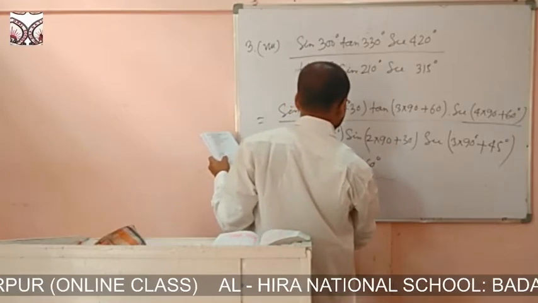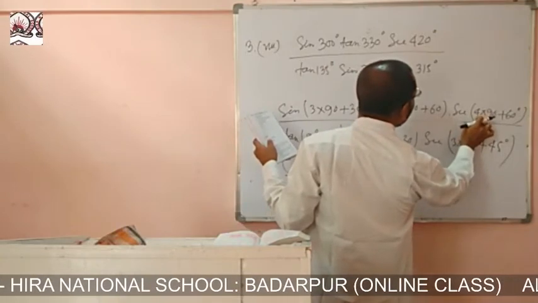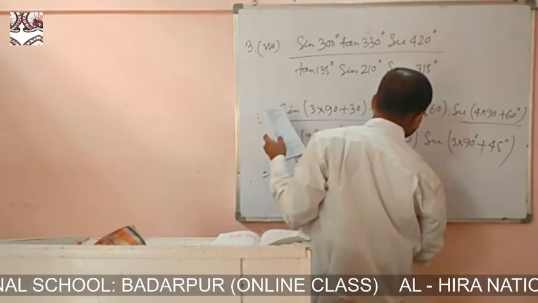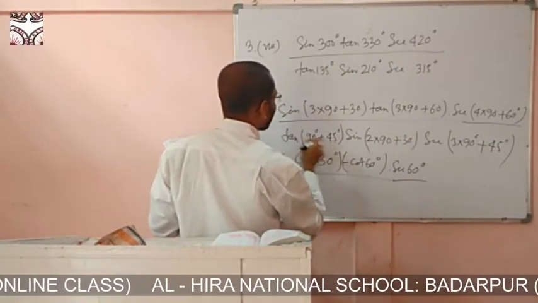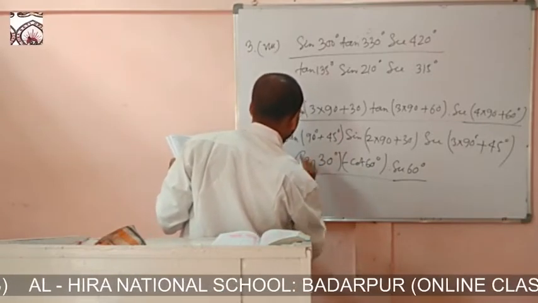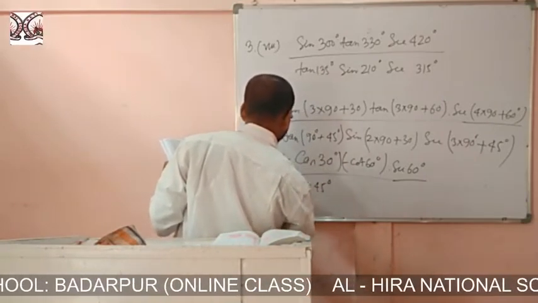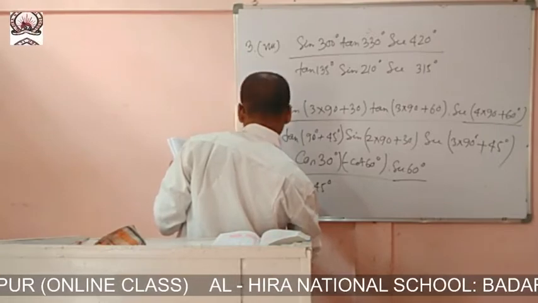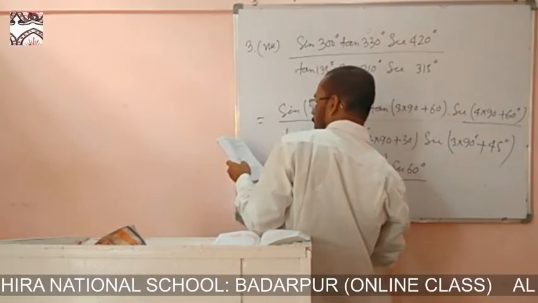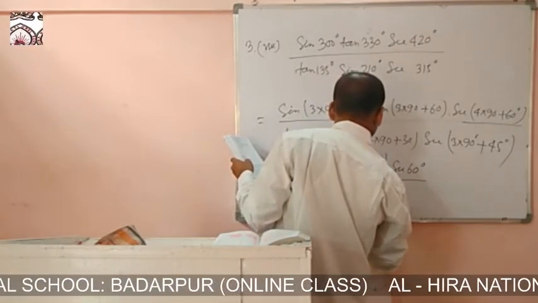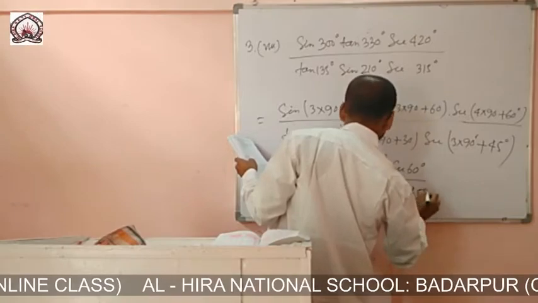and this one will be sec 90 plus theta 60, so this is an even multiple, so sec will be sec 60 degree, and tan 90 plus theta, this is second quadrant, so tan 90 plus theta, this is an odd multiple, so this will be cot 45, and the position second quadrant, so this is cot, so this will be minus cot 45, and this is sine 30 plus theta, so this is minus sine 30 into cosec 45. So now we put the value.